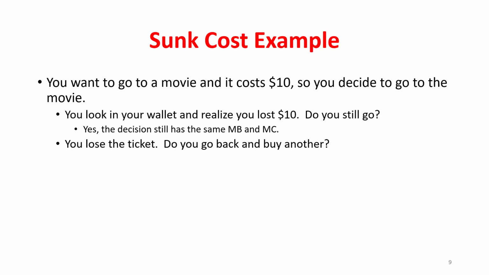I lost the ticket. If I decide to go to the movie, I've now bought 2 tickets. The total amount of money I've spent is 20. But what's my marginal cost? The first ticket is gone. I already paid for it. So the change in my total cost, I'm going from 10 to 20. My marginal cost is still $10. If my marginal benefit was greater than the marginal cost of 10 before, it's still greater than my marginal cost. So this is the idea. If I have a cost, and no matter what I do, whether I go to the movie or I don't, I'm going to have that same loss of $10, it shouldn't be factored into my decision-making process.